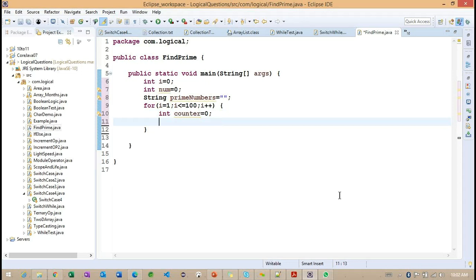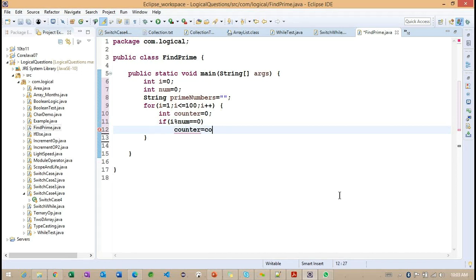Int counter 0. This condition is important: I modulo of num equals 0. What we are doing here? We are increasing the count. Counter is equal to counter plus 1.